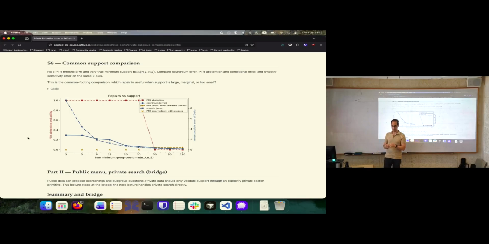In a way. Right? So the somewhat annoying conclusion I want you to draw from these plots, and again I will try to organize them to tell a more coherent story, is that we have a few ways to attack it. None of them clearly dominates the other ones. And it really depends. So if you think you have a very good guess of your sensitivity, maybe you should use propose-test-release.